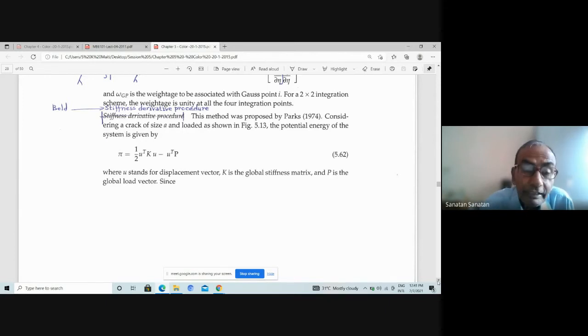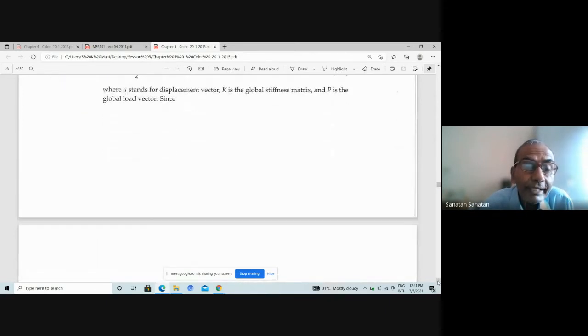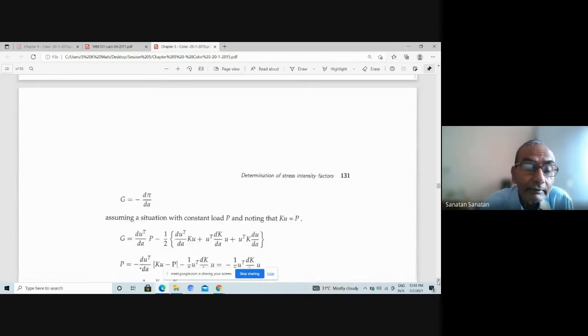So therefore you see that if I want to say G is the potential energy release rate, then G is nothing but minus d pi by dA. So if I want G, you take the derivative of pi, and that will give you this expression. So that PU,